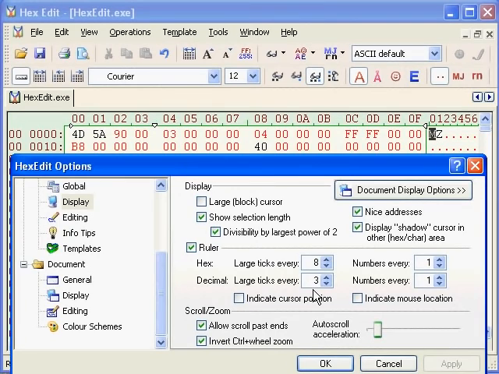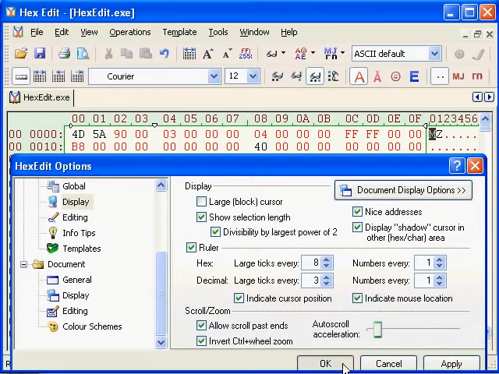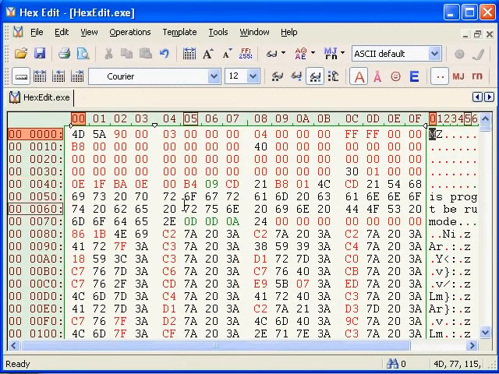Another option for the ruler is the display of the current cursor and mouse position in the ruler. Actually, this option also turns on the same display in the address bar even if the ruler is off. As you can see, as I move the mouse around, the current byte is highlighted in the address bar and the ruler. Similarly, if I move the cursor around,